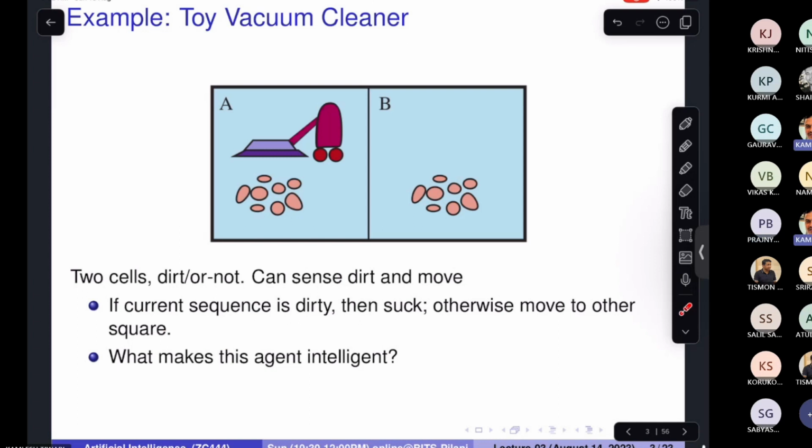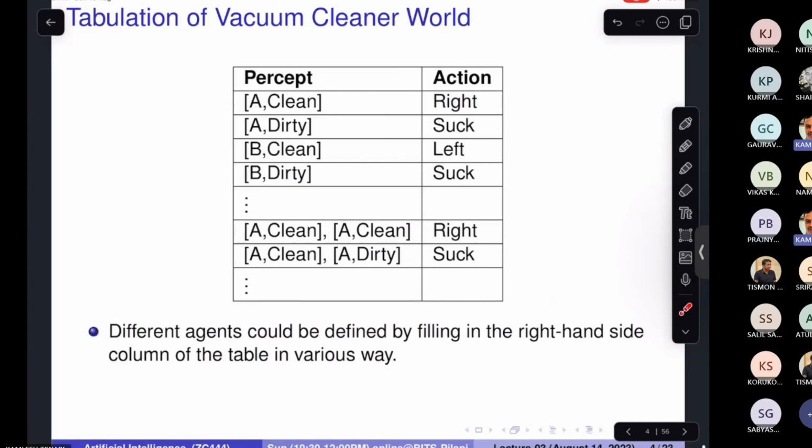So we have seen that it is possible that it is in room A, and room A is clean. In our example, let's assume only 2 rooms, A and B, are there. So it is in room A, and this room could be dirty. It is in room B, and this room could be clean, or room B could be dirty. These are the 4 things which are possible for it